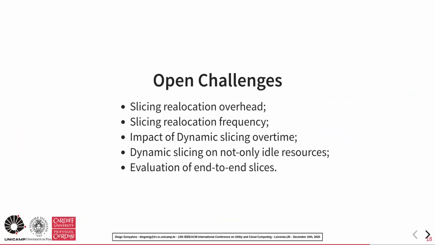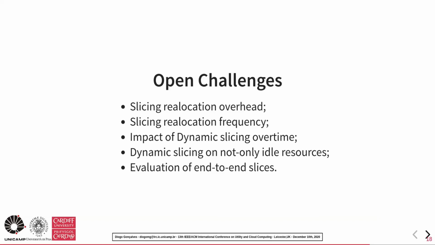The resource reallocation of network slices can provide better utilization of the resources in the fog. However, that slicing reallocation presents a computing overhead that was not evaluated in this work. That computing overhead has a direct impact on the reallocation frequency because if that reallocation is cheap for the infrastructure, it is possible to do many reallocations as the infrastructure judges necessary. However, if the process has a high computational cost or takes a long time to finish, the reallocation may not be suitable for some scenarios.